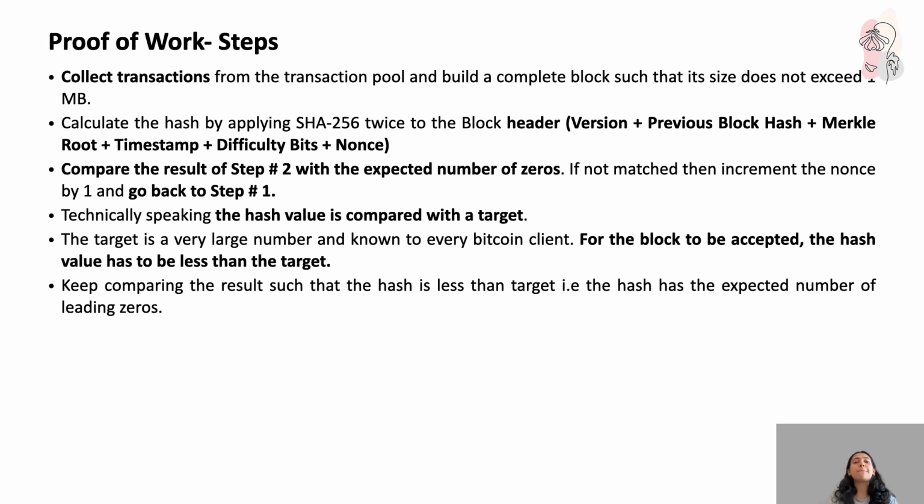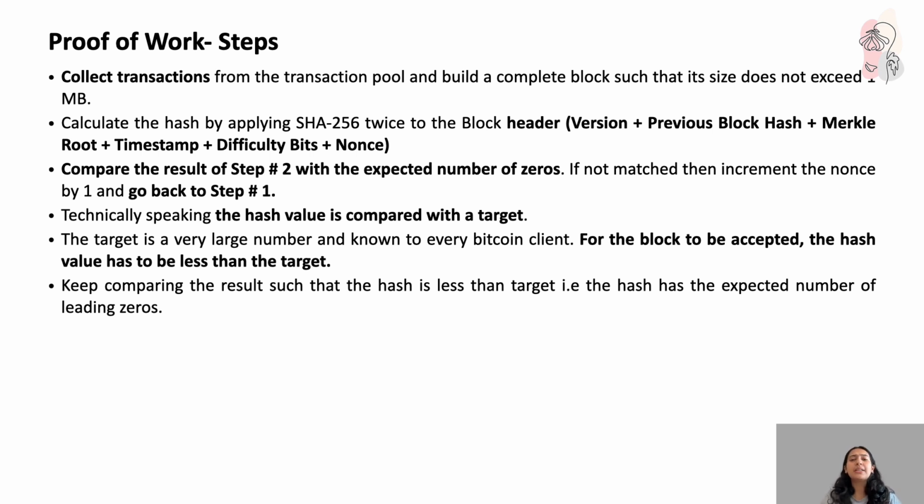And then you have to compare the result, and if you get the expected number of zeros, well and good, you broadcast your answer to the entire participating nodes. But if not, you increment your nonce and just repeat the steps again, right? So technically speaking, the hash value is compared with a target, and the target is